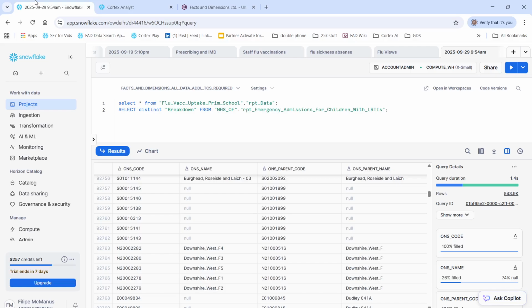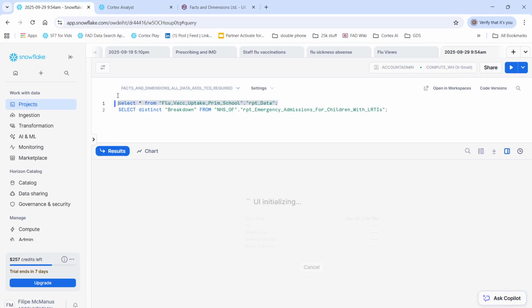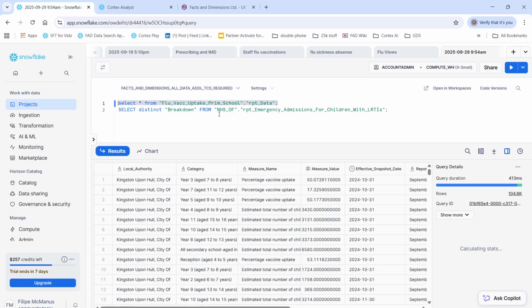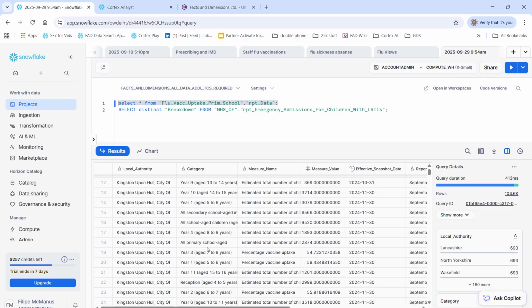And there is an awful lot of data in Facts and Dimensions covering flu and flu vaccinations. And I've decided to use these ones. So there is a flu vaccine uptake for primary school kids table, and there is another table in the NHS outcomes framework of emergency admissions for children with lower respiratory tract infections, which is related to flu. In this first one, there's data across different ages, and I'm going for the all primary school age